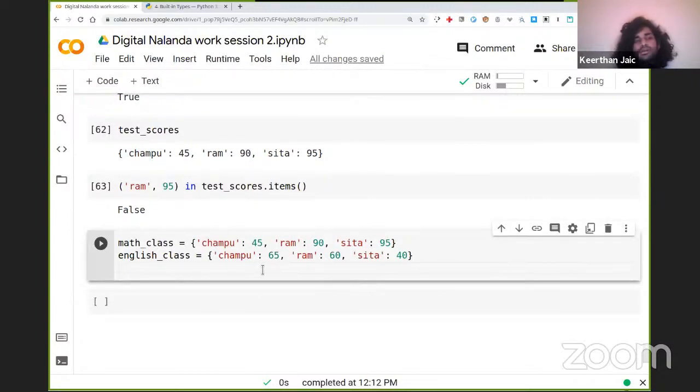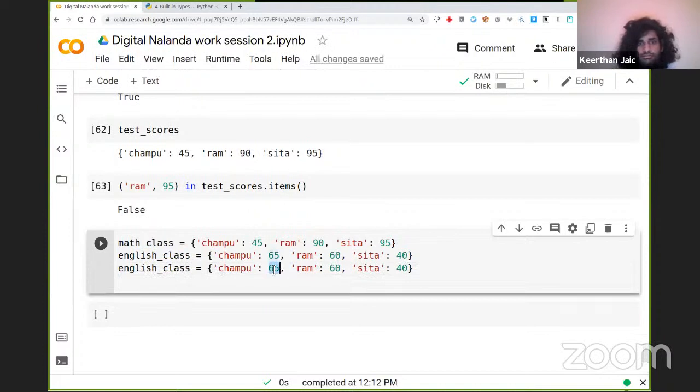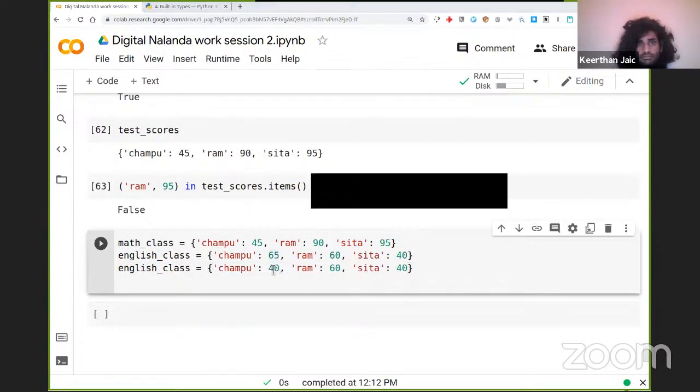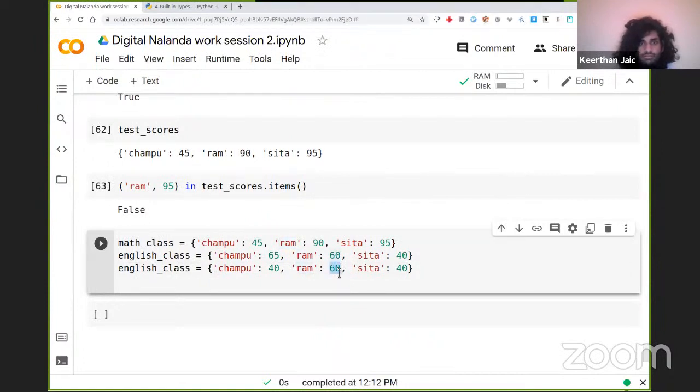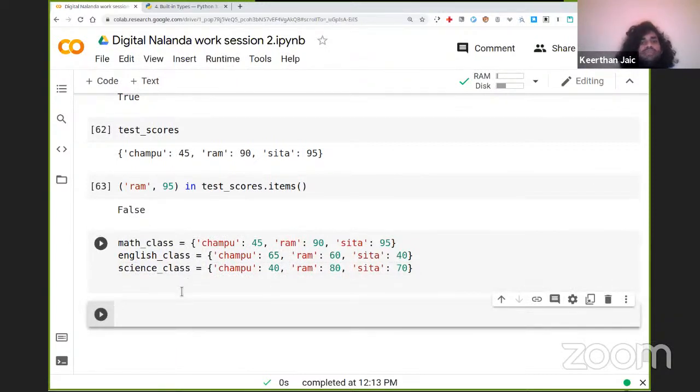And yeah, let's also create a new one. Okay, so we have three dictionaries now, and